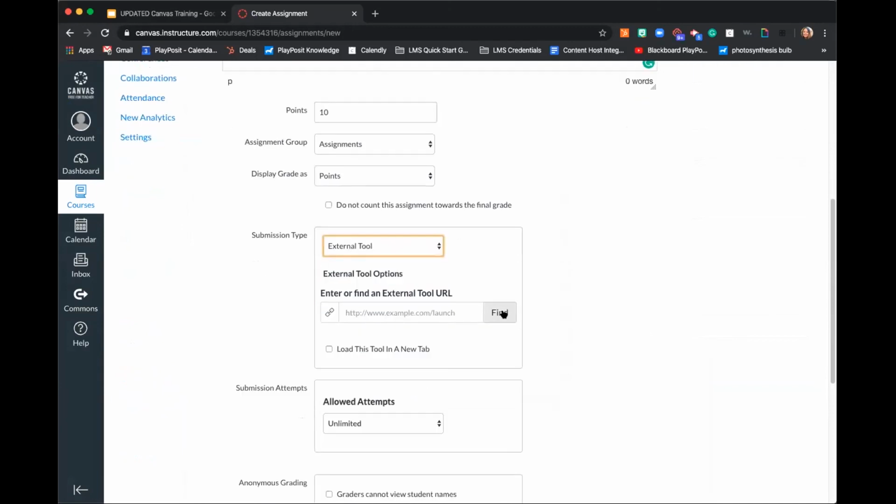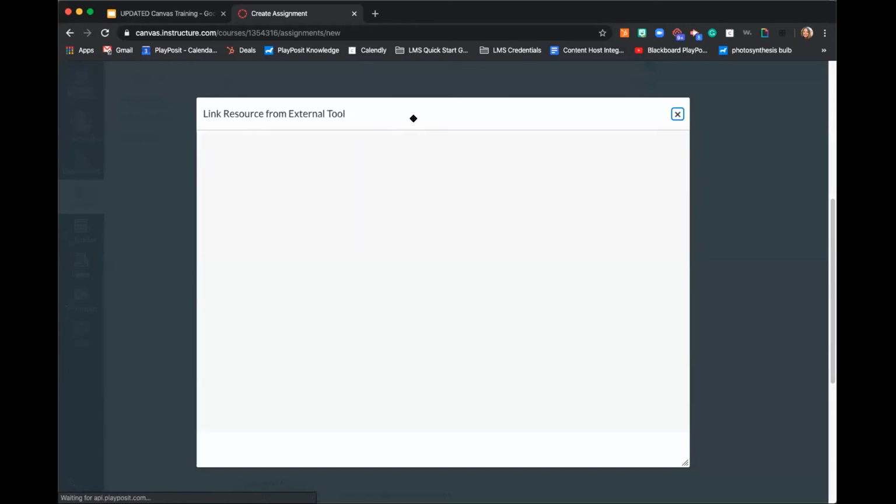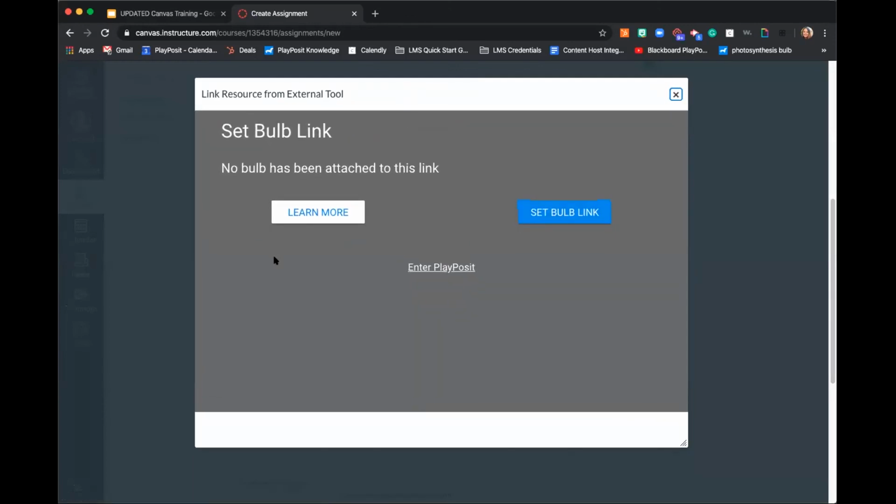From here, go ahead and click on find and we'll find PlayPosit from this menu. When you click on PlayPosit, go ahead and press either enter PlayPosit or set bulb link. Both will take you to the same place. And notice how when I did it this time, I didn't get that big orange warning, which means that my grades are going to be exported to the Canvas gradebook and I'll be able to sync those. Okay, but again, press either